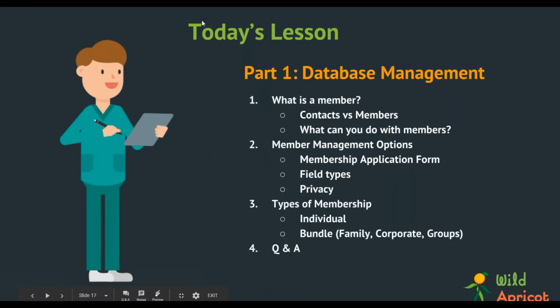And here's what we're going to cover today in today's lesson. A couple of important things, namely what is a member, what's a contact, what the difference is between a member and a contact, because that's a pretty big topic on Wild Apricot. We're also going to look at the actual membership types that you can create for your organization. Those are called levels on Wild Apricot, and we'll go about making a few of those.